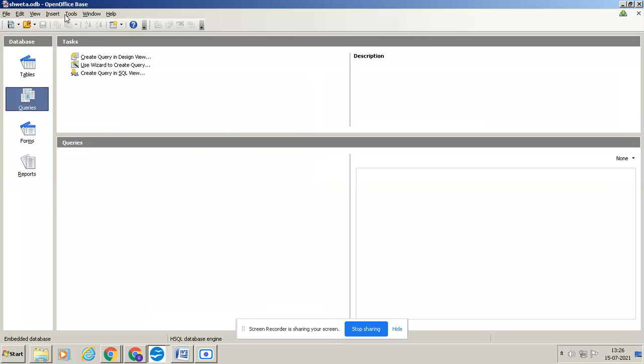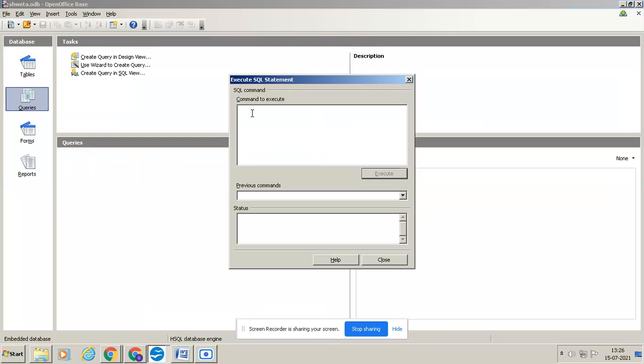If you want to run the query, click on tools, SQL. Here just write the same query, update. My table name is products. Set. What do I want to set here?